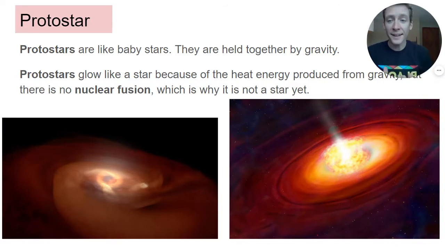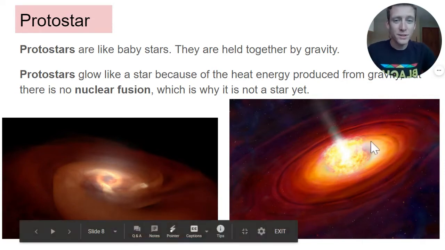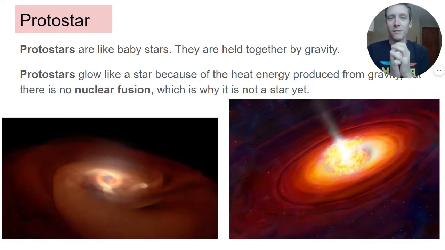When it starts to act like a star, but it is not a star yet, we call it a protostar. A protostar is like a baby star. Aww, cute little baby star. Protostars look like stars. They start to glow. They start to get warm because we're getting so massive, so many gas particles together. And that extra force, because the gravity is so strong, is starting to create some heat and light that we see in these pictures. But it is not creating its own energy yet. That is just the force of gravity so far.